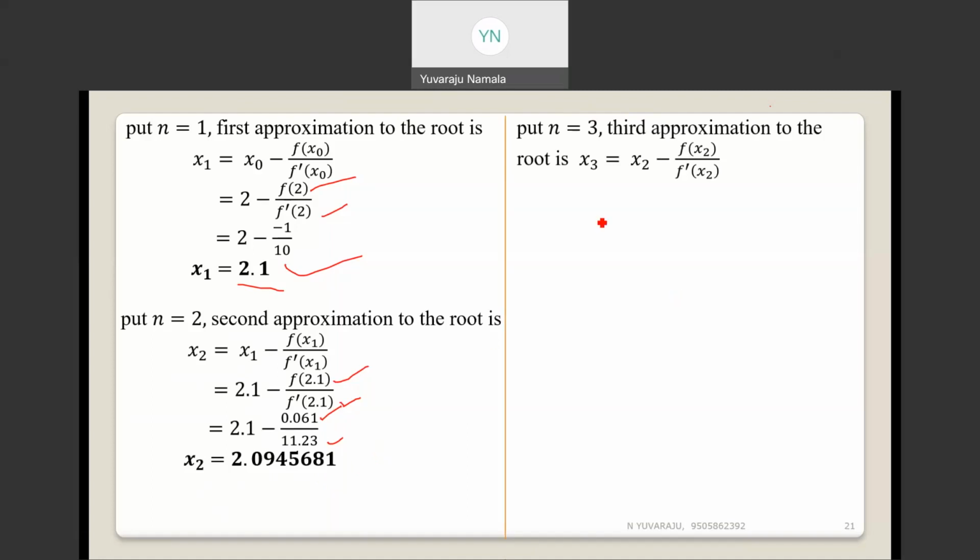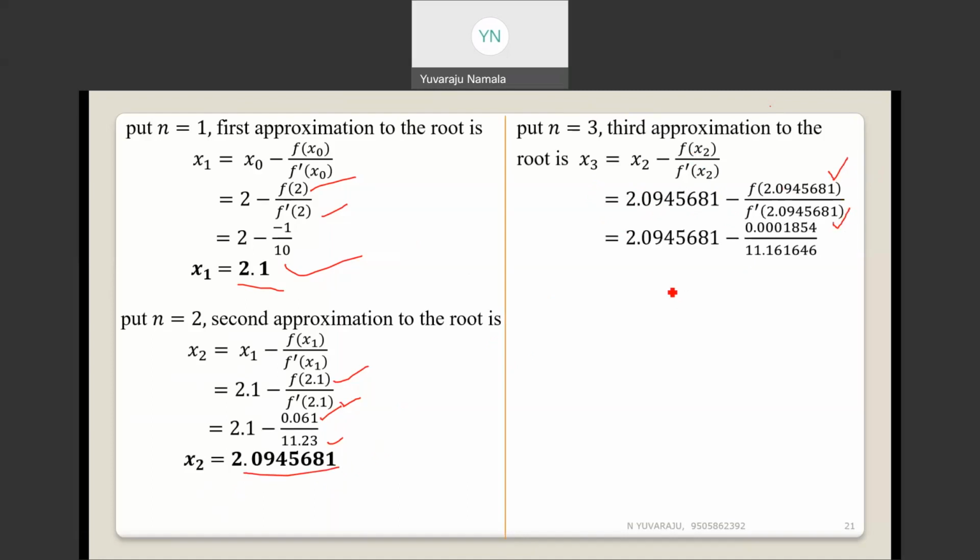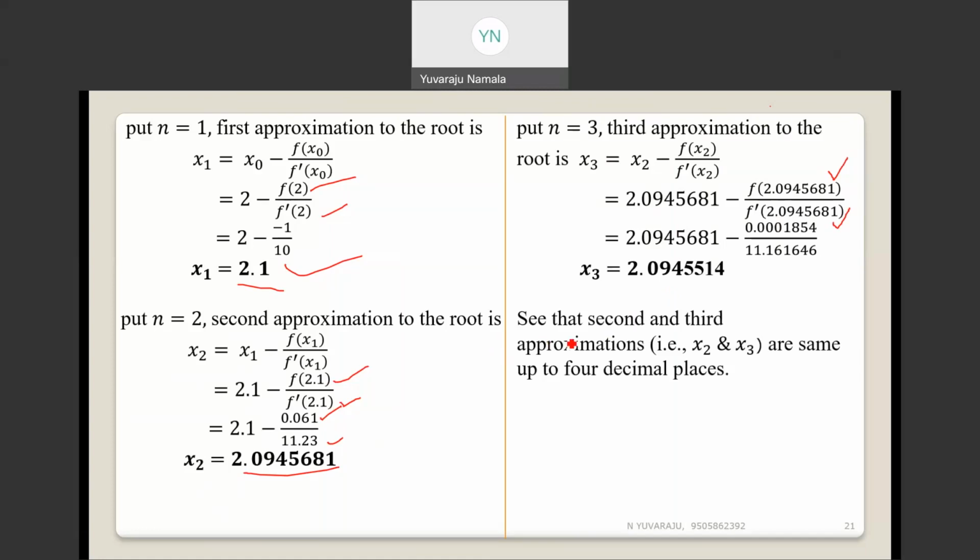Now next finding the third approximation. Put n is equal to 3, the third approximation to the root. The formula is x3 is equal to x2 minus f of x2 by f dash of x2. Now substituting x2, that is 2.0945681 minus f of x2 by f dash of x2, simplification. So x3 is equal to 2.0945514. Now we are observing that the second and third approximations, x2 and x3, are the same up to 4 decimal